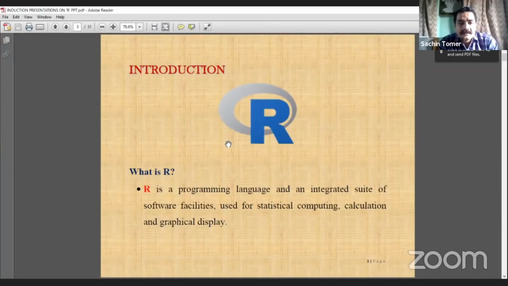If we are using a direct command to calculate the average of the data set, it means we are using software.